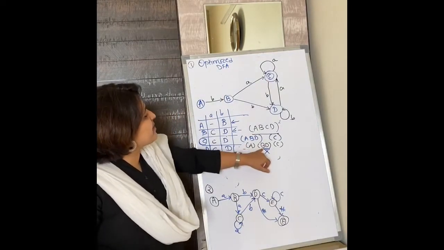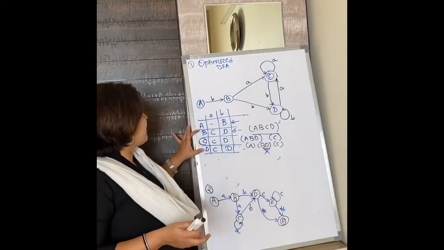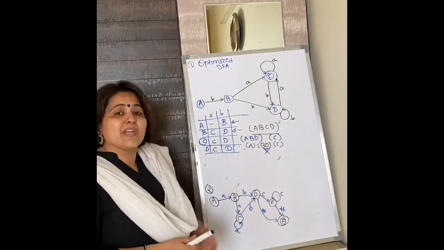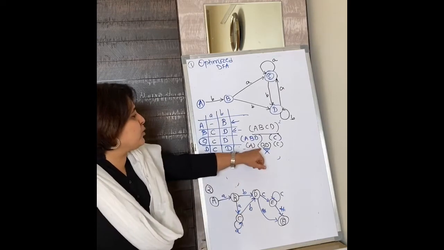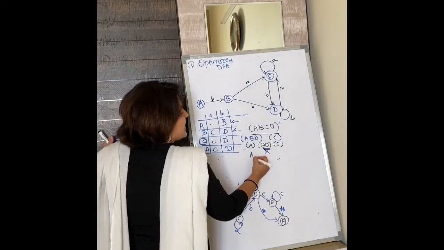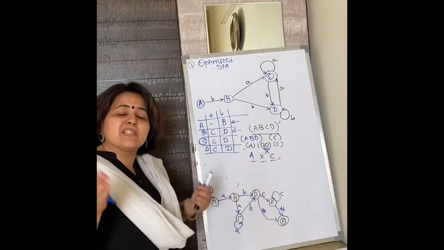So we end up having B, D in one group. We try to see whether B and D are similar or not. From B and D, observe for small a you are going to C and small b you are going to D. So they are the same. So how to merge them? For that, we will group them together and we will call them X. So the resultant sets we have are A, X and C. Three sets only in the resultant DFA.